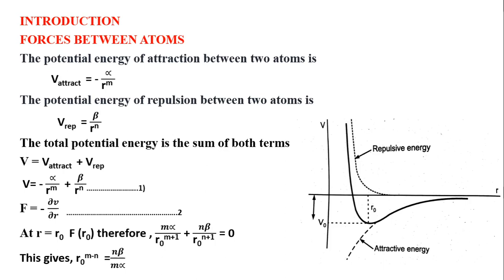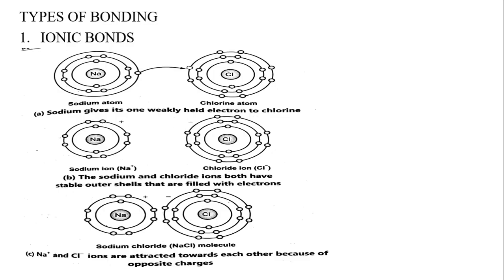There are several types of bonding depending on the physical origin and nature of the bonding involved. The four main types are van der Waals bonding, ionic bonding, covalent bonding, and metallic bonding. Now, types of bonding. The formation of a compound involves the combination of two or more atoms under a specific set of conditions. When two atoms combine together, they try to acquire a stable electronic configuration by giving, taking, or sharing electrons, and thus establish some sort of binding force or chemical bonding between them.